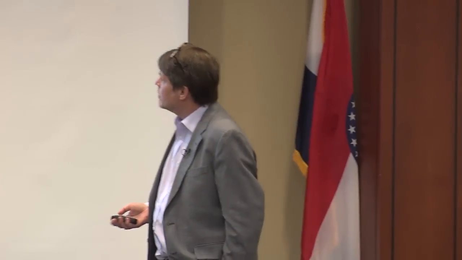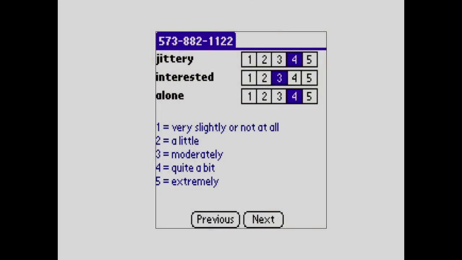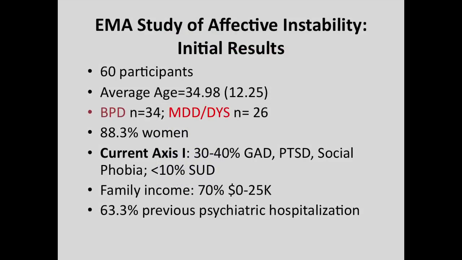So there you go, this is the cool screenshot. Basically, we used PANAS items, and people rated them on a scale of 1 to 5 on each screen. This is the initial result. For this study, we had 60 participants, about half and half.